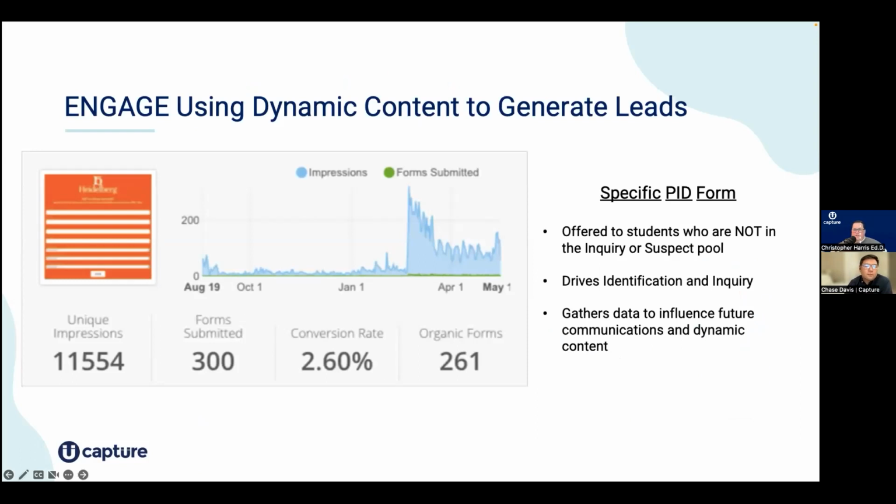So another way to engage students is through dynamic content on your website. One of the things that we do really, really well here at Captures is use of our PID form. It can do so many different things for you, identifying those students, converting them into your honors program,